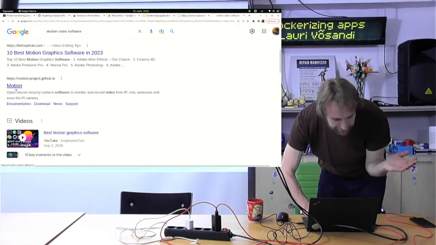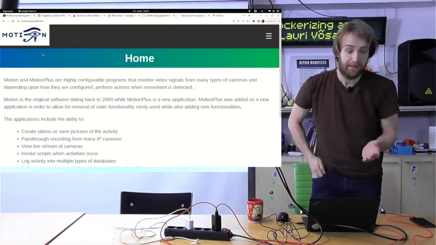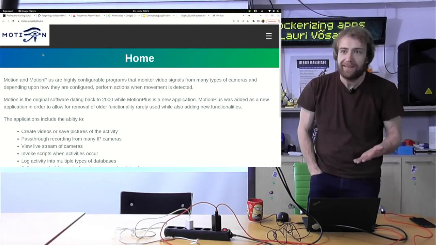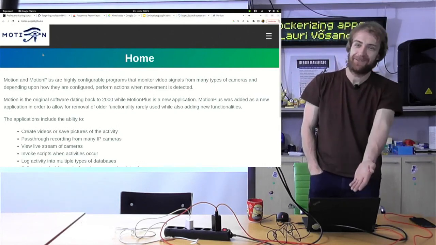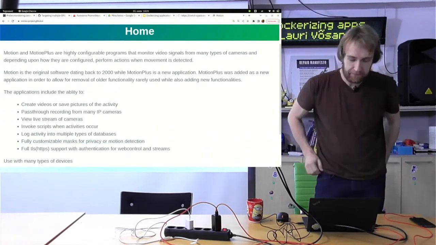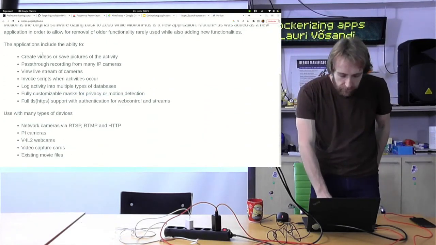It's Motion Project. It's actually one of the most terrible names that I've found for a software project. Like, how do you find this? So the search string is useless practically. So we started off with this, but this software